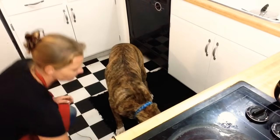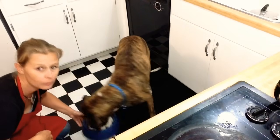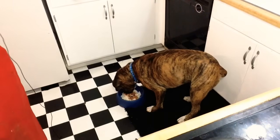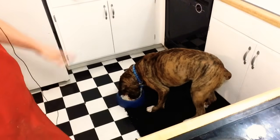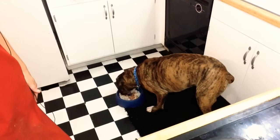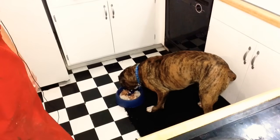There you go, sir. And as you can see, here, let's move this so people can see you. He is going crazy over it. He absolutely loves it. And he wasn't a food-motivated dog. This is really good for the digestion, really good for overall health, energy, vitality. And it's not going to be as cheap as the bags of dog food, but it's going to be cheaper in medical bills